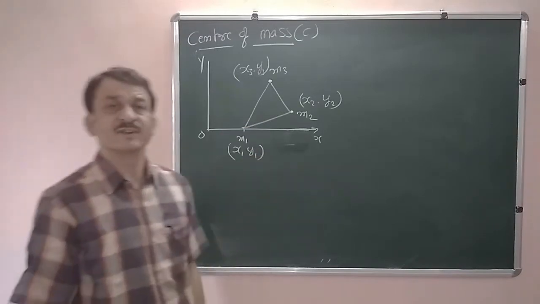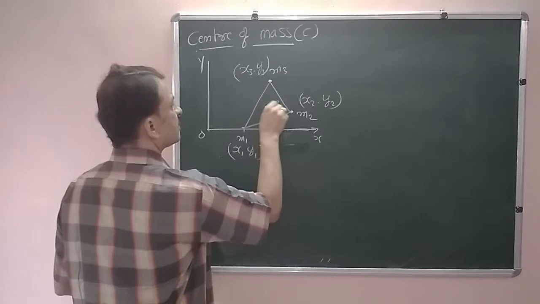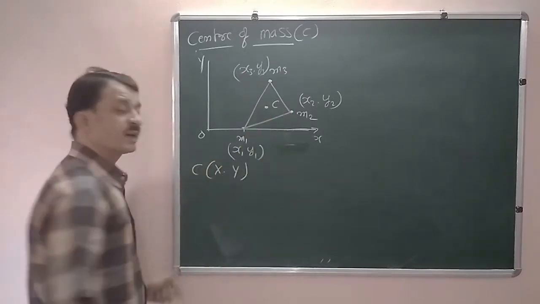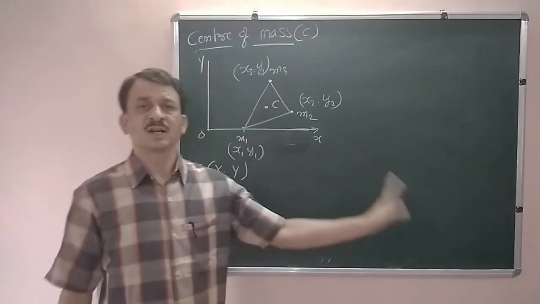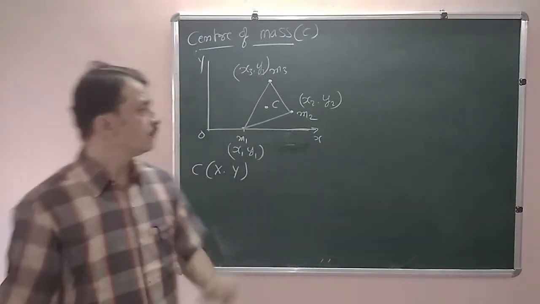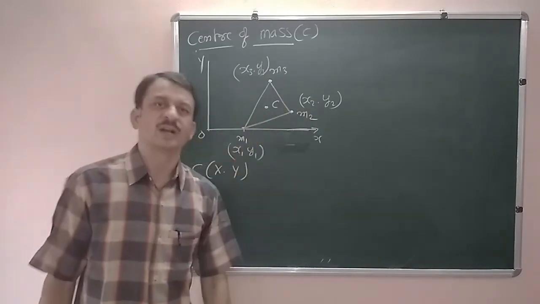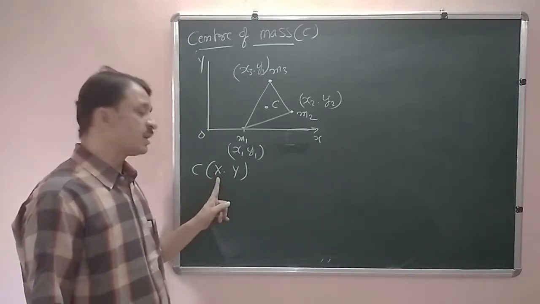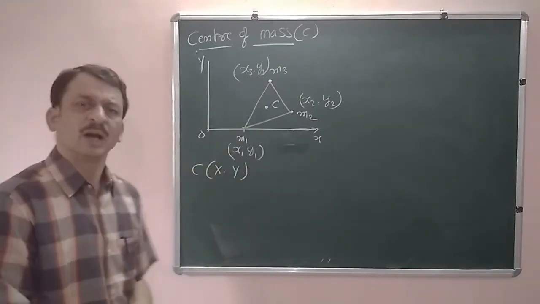Now we have to work out where the center of mass is. The center of mass is somewhere here. It is C. It has the coordinates capital X and capital Y. In the earlier case, all the particles were along only the x-axis, so we took only the x coordinate. But here the particles have both an x coordinate as well as a y coordinate. So we choose the position of the center of mass as capital X, the x coordinate, and capital Y, the y coordinate. Once again we are using the same formula.